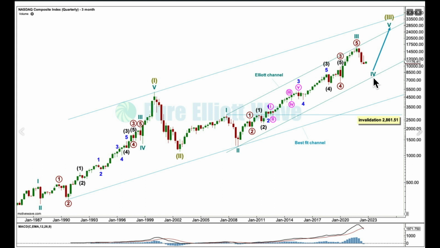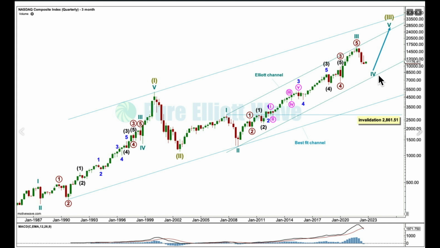If it ends up being deeper than I expect, look out for it to find support at the lower edge of this channel. I draw this channel on a semi-log scale on a quarterly chart from this high to this high, and place a copy on this low. Cycle wave 4 may not move into wave 1 price territory below 2861.51, but if price were to break below the lower edge of this channel, probably on the weekly chart with